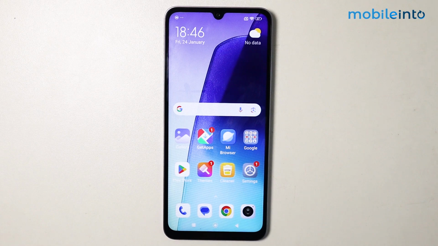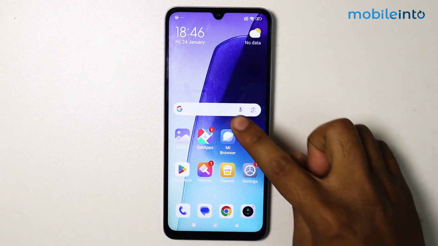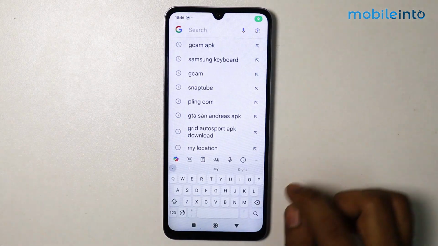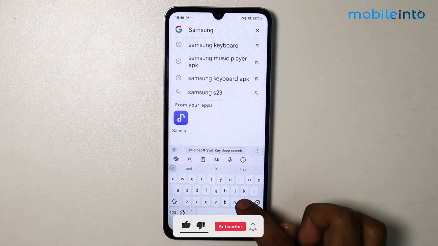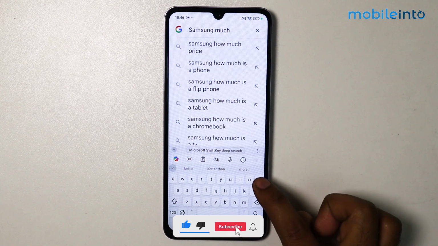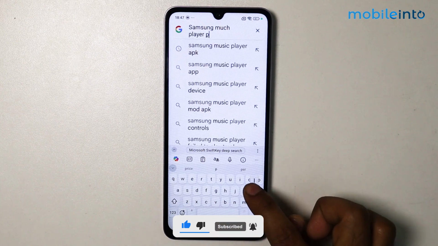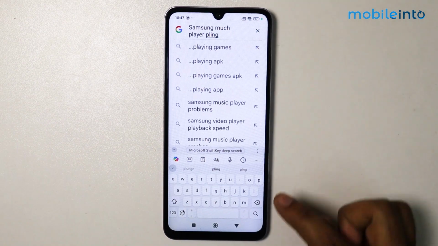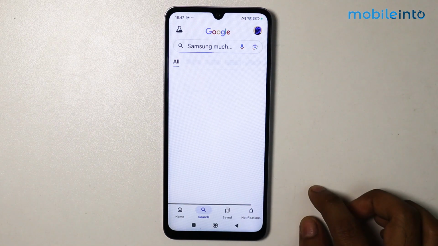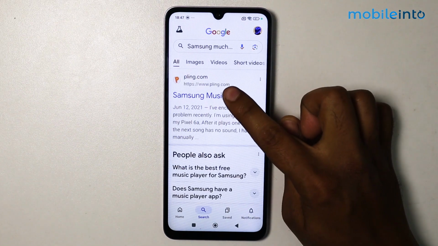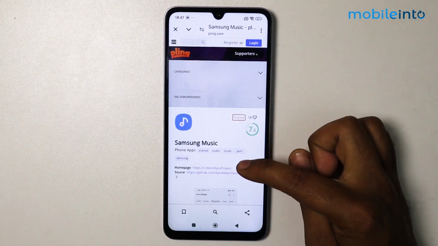In this video, I'm going to show you how to download Samsung Music Player on any Android device. Simply go on Google, search here Samsung Music Player, write this, then simply tap on search, tap on this website, scroll down,